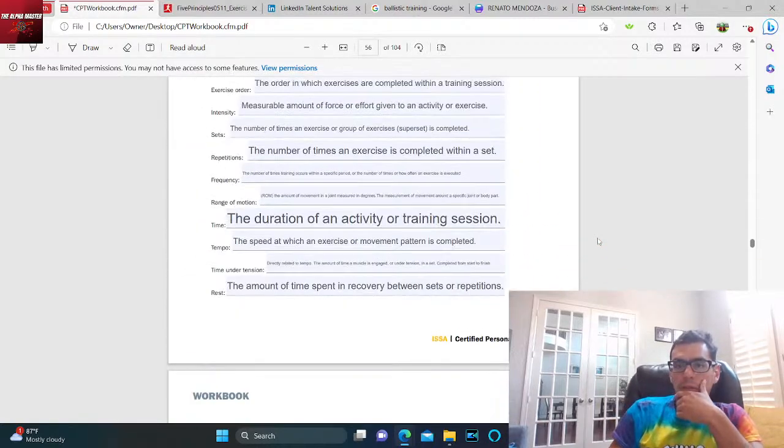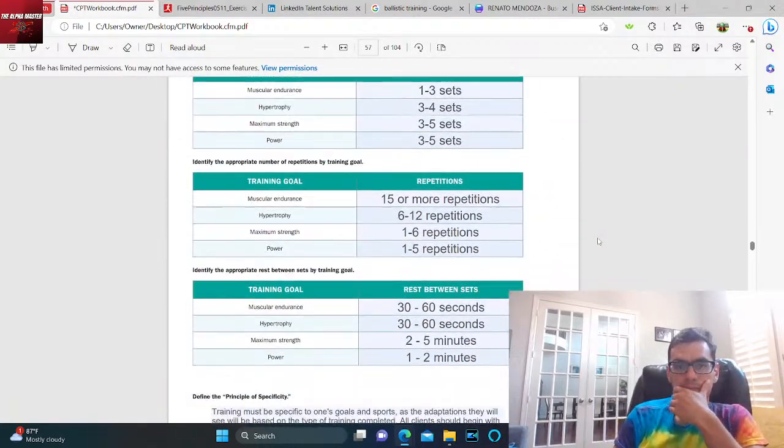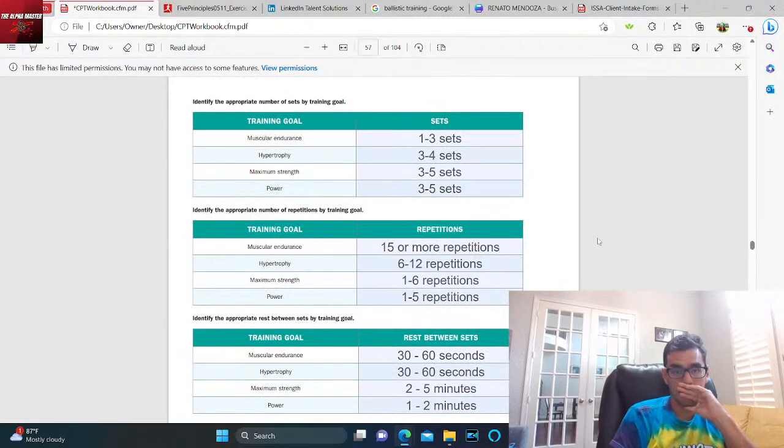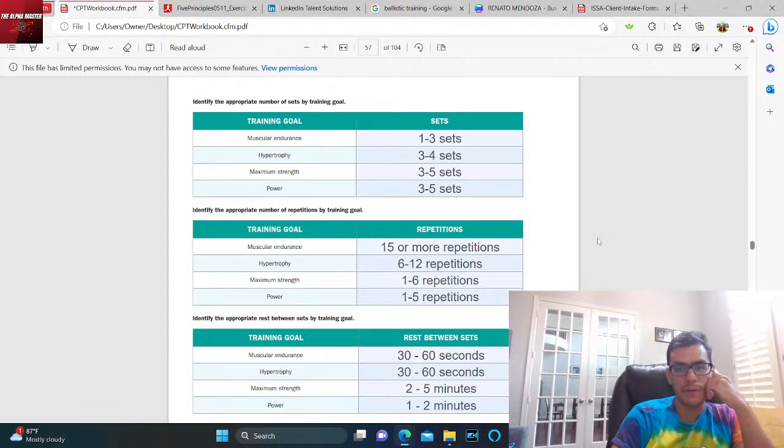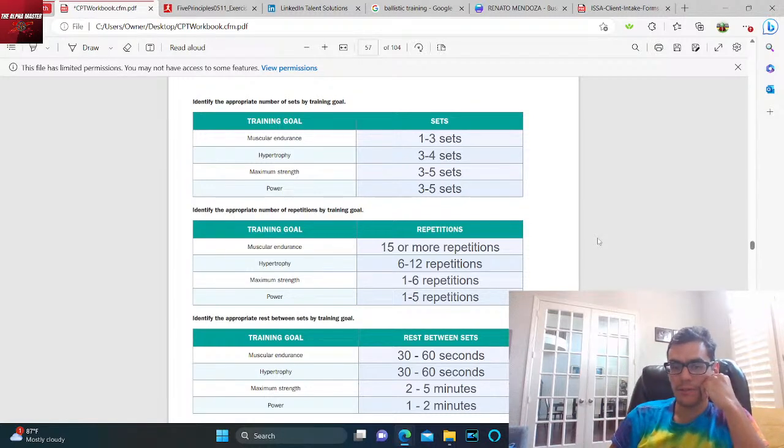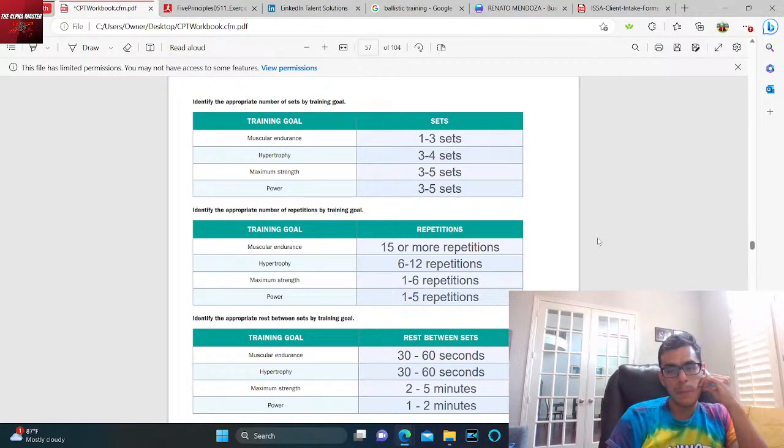So yeah, within a set, muscular endurance, you have 1 to 3 sets, hypertrophy 3 to 4, max strength, you have 3 to 5 sets, and power 3 to 5 sets. Number of repetitions by training goal: in muscular endurance 15 or more repetitions, hypertrophy 6 to 12 repetitions, maximum strength, you have 1 to 6 repetitions, power 1 to 5